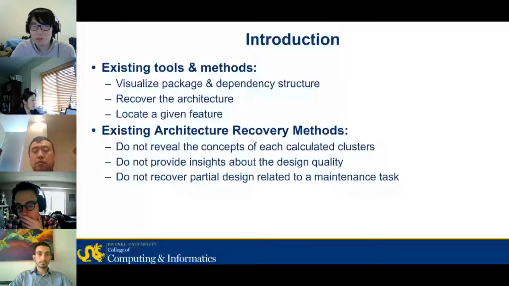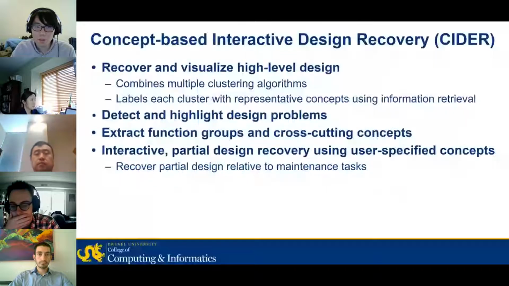To help answer these questions, we created our tool, CIDR. Like other tools, it recovers and visualizes a high-level design of a given system. It combines multiple clustering algorithms to generate a simple and straightforward graph. Each cluster in the graph is labeled with representative concepts using information retrieval methods. Our tool also detects and highlights design problems or architecture issues, such as a clique, or a group of highly coupled